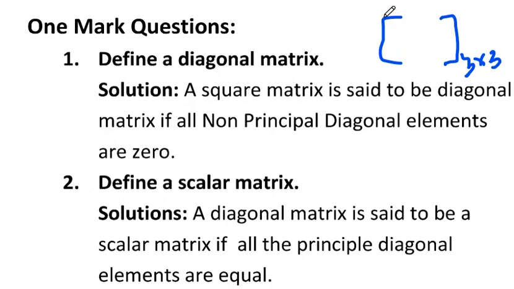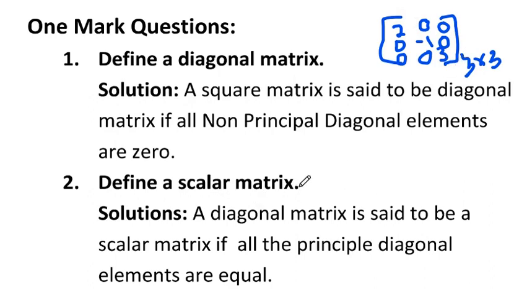See here, from left top to right bottom, this diagonal is called the principal diagonal. You can write any elements, for example 2, -1 and 3, and these are the 3 elements in the principal diagonal, and the rest of the elements should be 0. Here 0, and here also 0, and this is second row first column 0, second row third column 0, and third row first column 0, third row second column 0, and this is an example for a diagonal matrix.